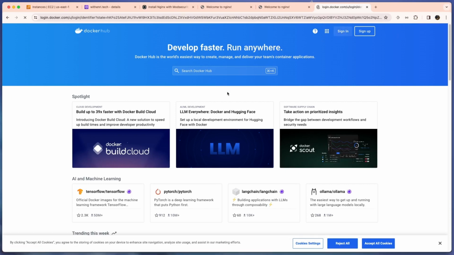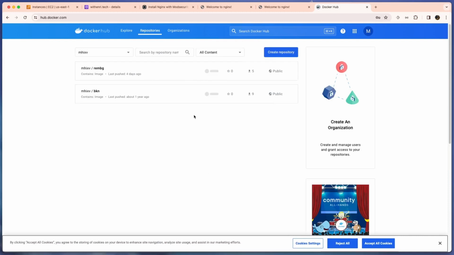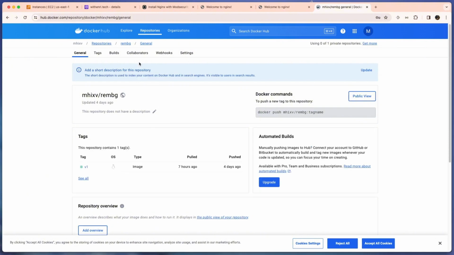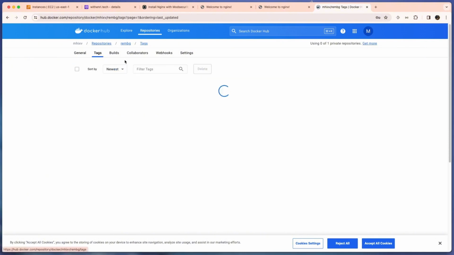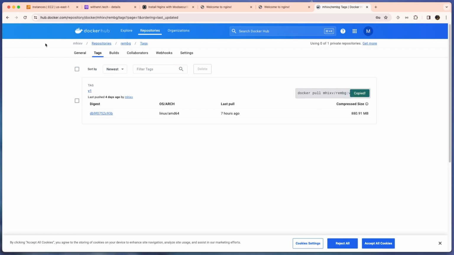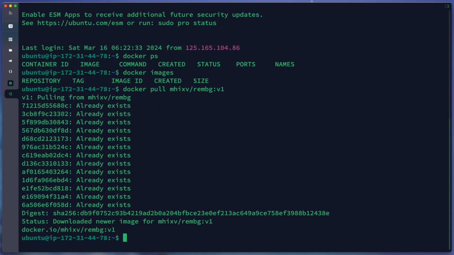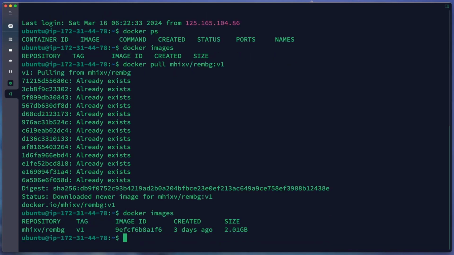Sign in, I have logged out. Okay, we will pull this image to our server with this command. We go back to the terminal again. We pull our image. This is the application of Fireship, remove background from image. We can check the Docker images again.